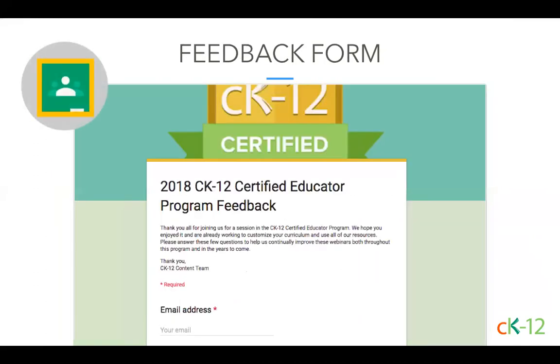And then we have one feedback form for this whole program that we hope you'll use following our webinars. Please let us know what went well, what we can do better. This is not mandatory, but we do read and carefully consider all the comments that we receive as feedback. It's available in the Google Classroom under the feedback topic, and we can message that out as well.